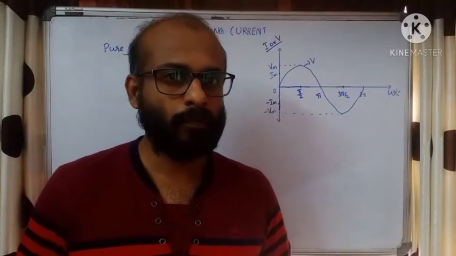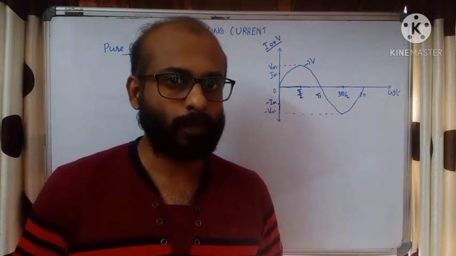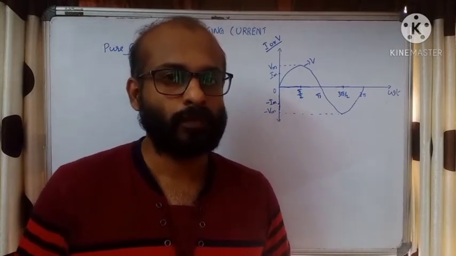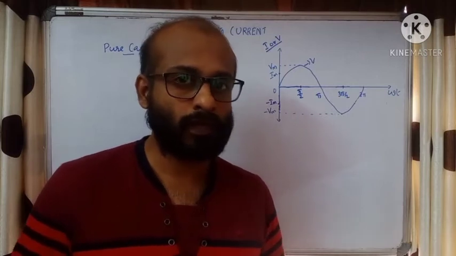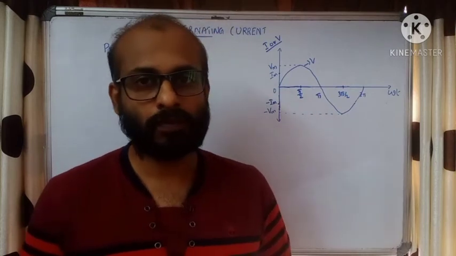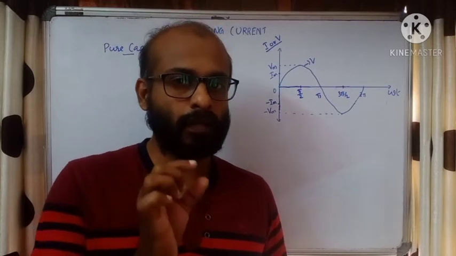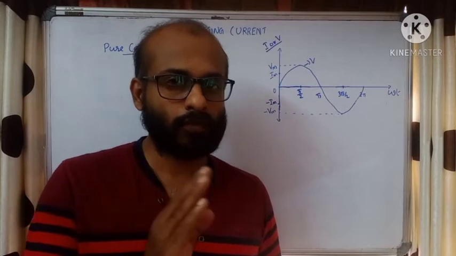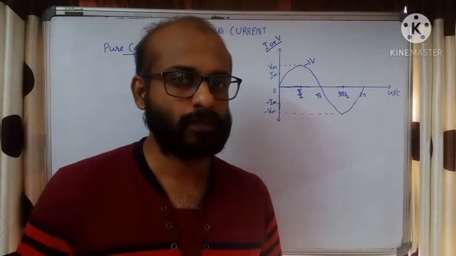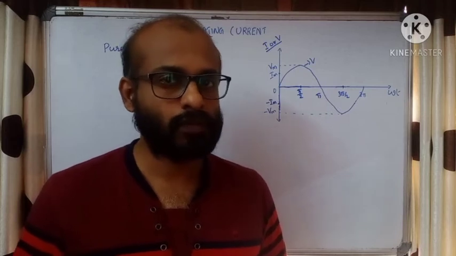Today we are going to see alternating current applied to a pure capacitor. We have a capacitor of capacitance C across which we connect an alternating source of EMF. So across the plates of the capacitor we have an alternating source. The charging and discharging of the capacitor takes place continuously with a change in polarity. If the first plate is positive at a moment, in the second half cycle it will be negative. So alternately it will charge and discharge. That's what happens when we connect an alternating current across a capacitor.